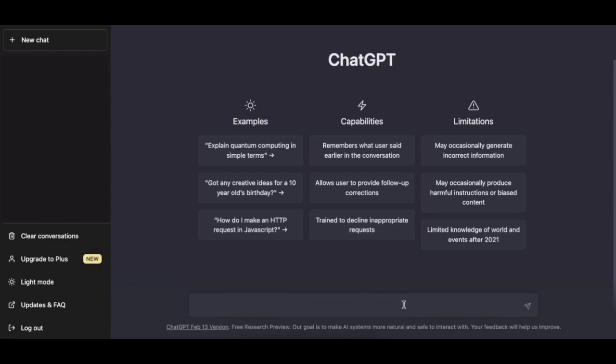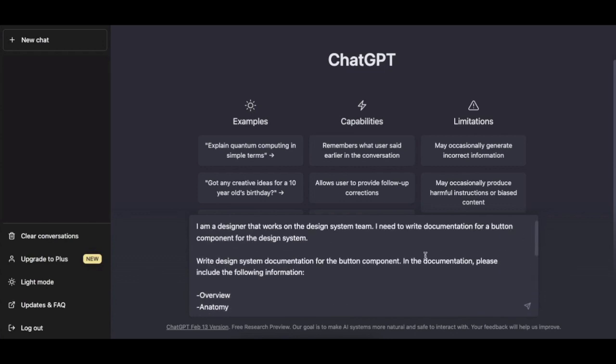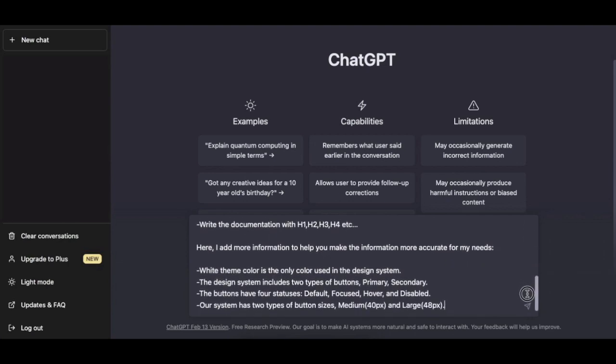Okay, I'm in ChatGPT now. Let's paste here the prompt. As you can see, I'm a designer, open design system, who I am, what I need, and some information about my design system. Run it,